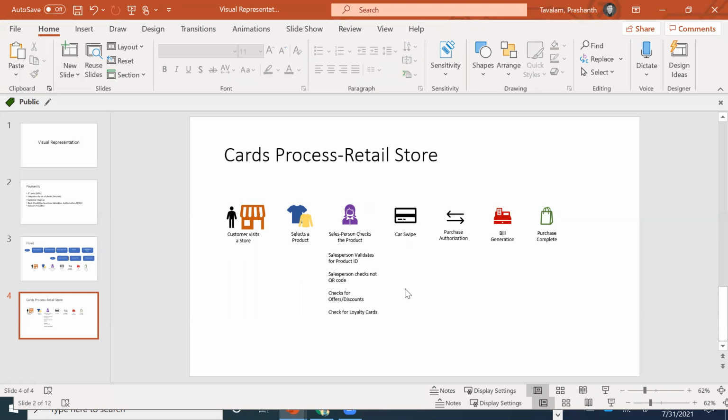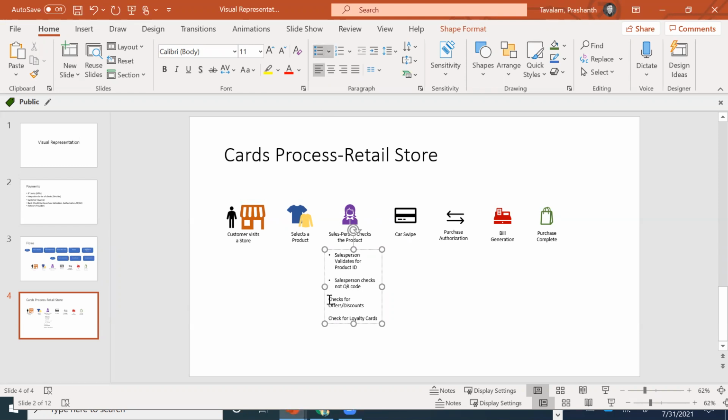Now, instead of doing a lot of different boxes, you can actually do this as well. Okay, so this will also be a good way to represent information. It looks very professional. When you do it, people will be more than happy to read such information. It's a lot easier to consume instead of just text and boxes. Okay, so this is the quick way to understand how to go about creating visual representation. Okay, this is on the PowerPoint presentation. Now let me show you how to do it on Visio.